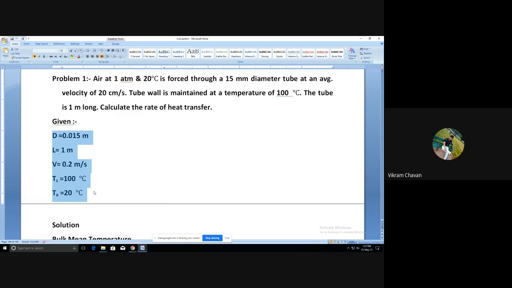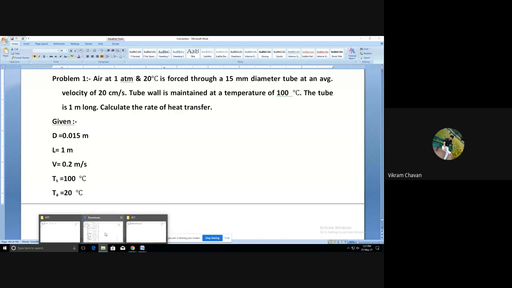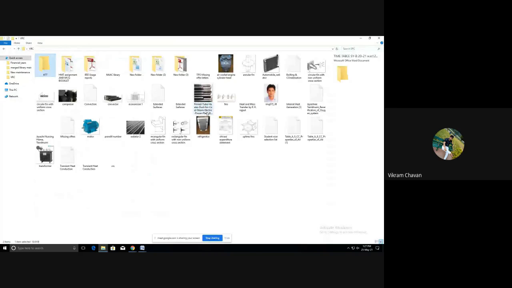That is density multiplied by velocity multiplied by hydraulic diameter or characteristic length, divided by dynamic viscosity. That will provide you the Reynolds number, or we can say that velocity multiplied by hydraulic diameter or characteristic length divided by kinematic viscosity is nothing but the Reynolds number. Now, to determine this Reynolds number, we require the properties of the fluid, but in the problem statement, the properties are not provided. So in that case, we have to refer to the property table.